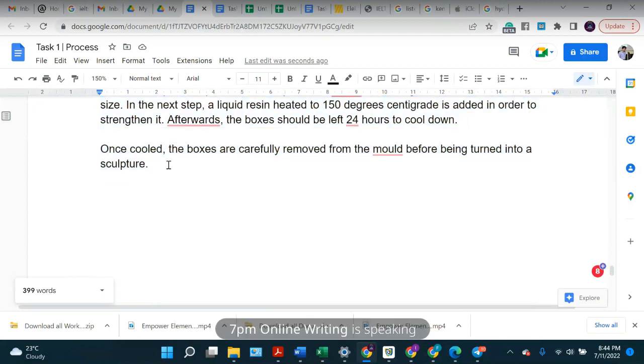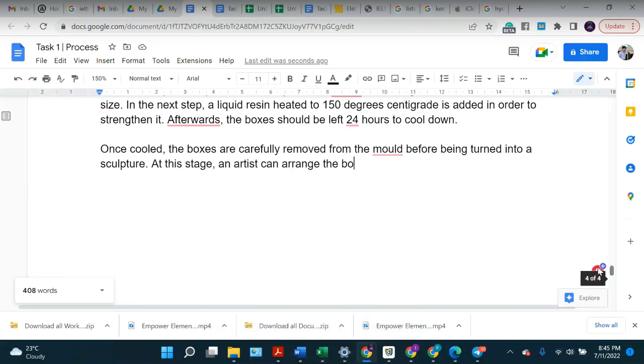So we can say, at this stage, right? Yeah, at this stage. An artist. Now we have to use. An artist can arrange the boxes. Arranges. Why can? I don't know. Maybe now can is okay for this specific stage because he can arrange the boxes in different ways. Arranges the boxes in different formations, maybe. I'm gonna stick to can. Come on, man, just give me a break here. Can arrange the boxes